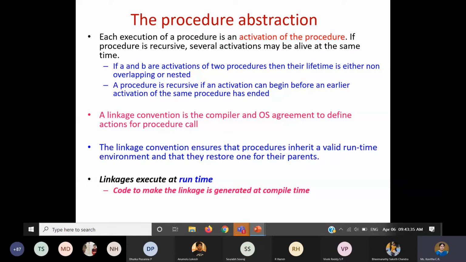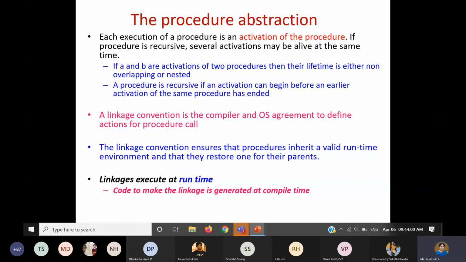Suppose I take an example, say A and B are activations of two procedures. If I say A and B both are active at the same time, it means that their lifetimes are either not overlapping or nested. Okay, it means both cannot be active at the same time in any other case.